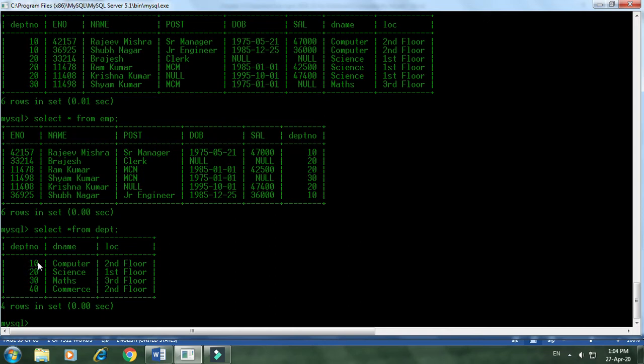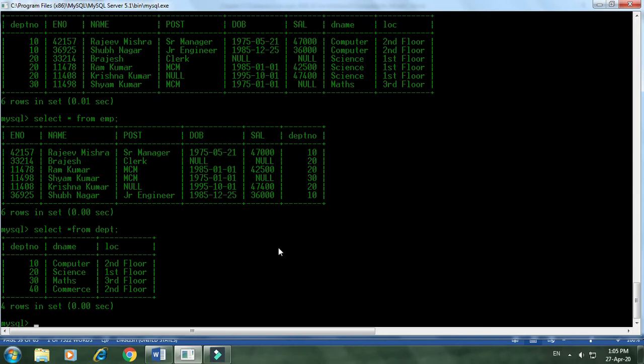We have department numbers 10, 20, 30, and 40. The four departments exist, but employees are only in these three departments; in the fourth department, we do not have any employee. I hope it's clear how we link the tables, with the column common to both: department number is a foreign key here and a primary key there.